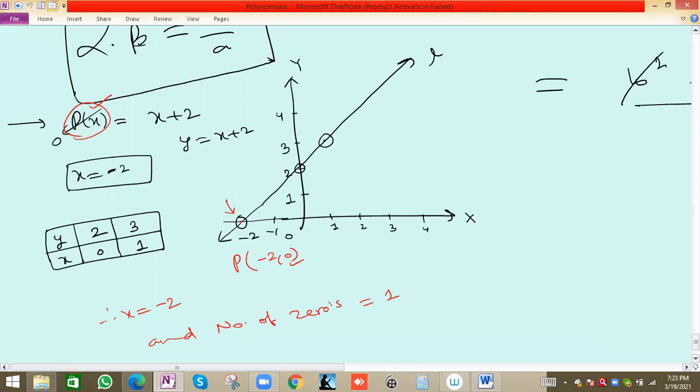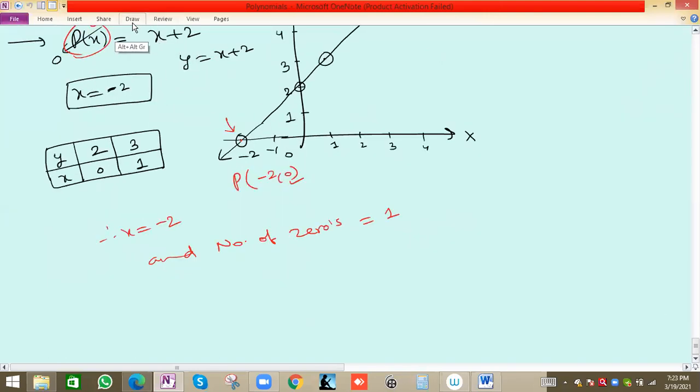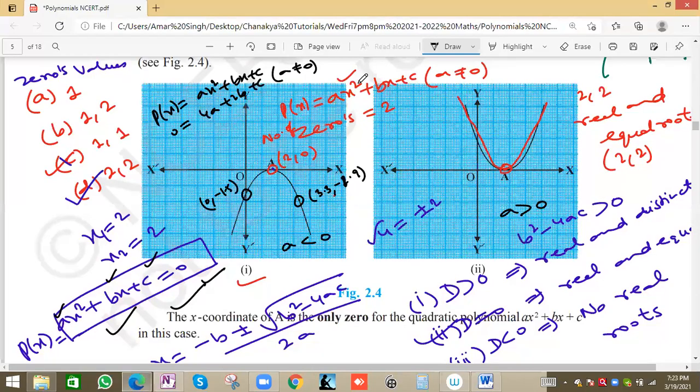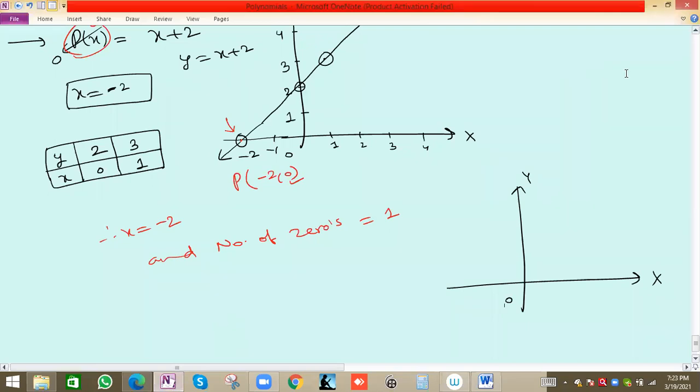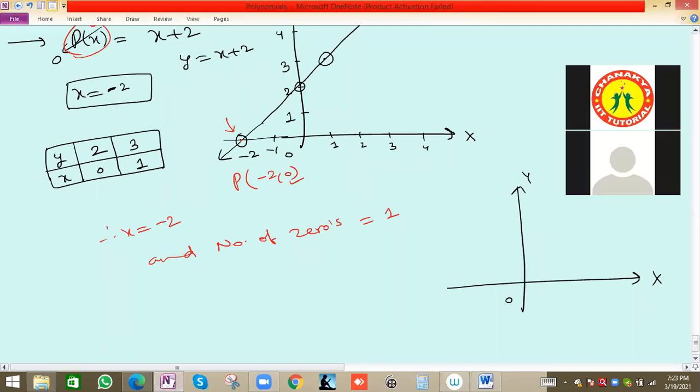Let me give one example of how we can do this. Suppose we have y = x². Without going into the steps, which will take some time, we can take 3 points, no issue, and then find the exact equation of the graph. But without going through those steps, there is also one option we have for simple graphs.